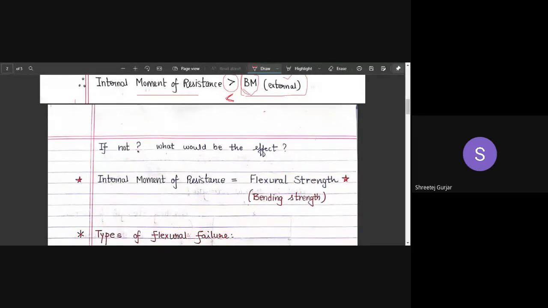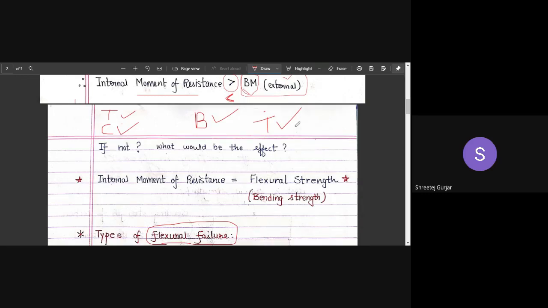Try to recall in terms of forces. We have covered tensile. We have not covered compressive, right? So there will be compressive failure, there will be tensile failure. Then there will be bending forces, so bending failure, which is nothing but flexural failure. And then we have torsional forces, meaning torsional failure. Likewise, shear also will be there, shear failure of members.